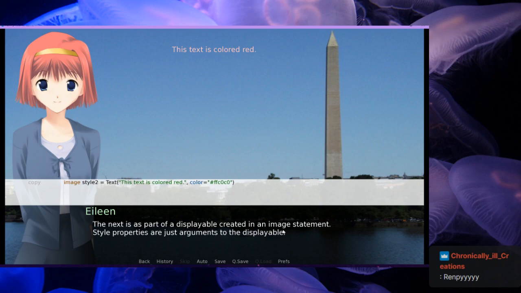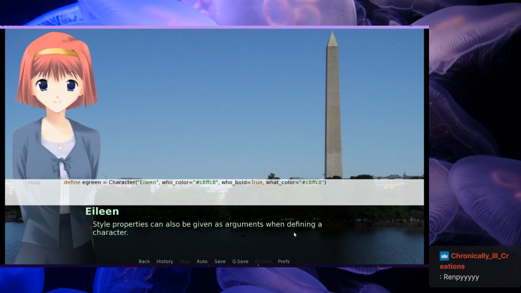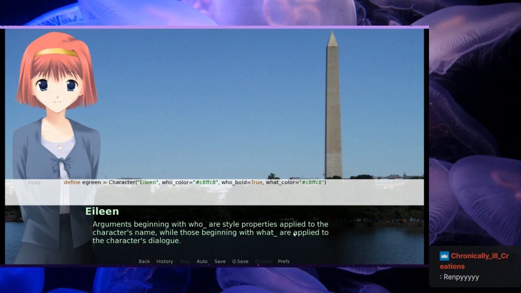The next is as part of a displayable created in an image statement. Style properties are just arguments to the displayable. Style properties can also be given as arguments when defining a character. Arguments beginning with who_ are style properties applied to...